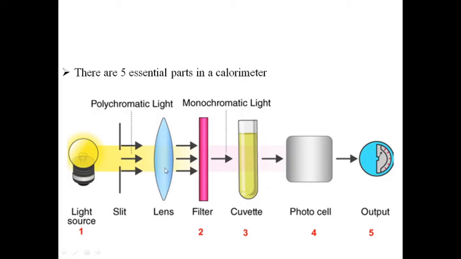So this is the cavity in which the solution under test is kept. Before the light reaches this, it has to pass through a slit where the beam of light can be obtained, and it is passing through a lens. Now when a lens is used, this scattered light is allowed to pass on to the filter. The filter is playing another important role here. This filter will decide what wavelength is to be passed. The selected wavelength can be chosen through this filter and allowed to pass through this cavity.